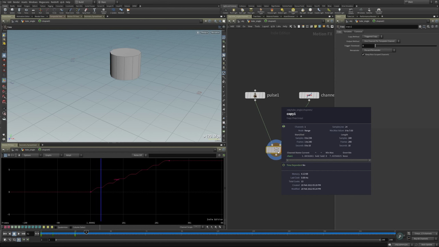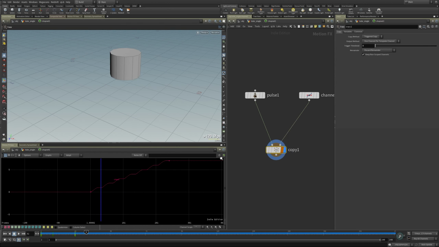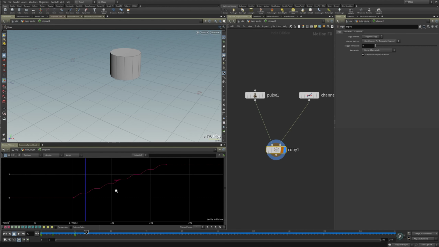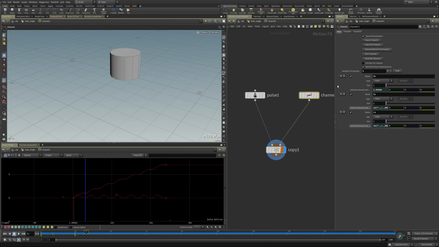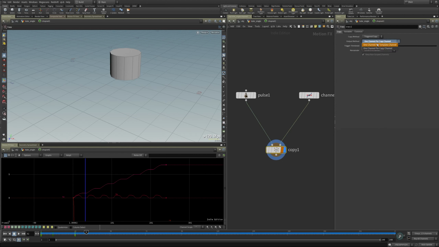And if we middle mouse on this, we only have 1 channel. So right out of the gate, we've not got it set up exactly right. We're almost there. But what we need to change in this instance is this output method. Instead of giving one channel per template channel, we want one channel per copy channel. The difference is we have three channels coming in here, and we want to copy each of those channels to each of these impulses. Whereas if we left it at its default state, it's just going to copy the first channel. But we want to get all of them. So let's say that. So now we've got